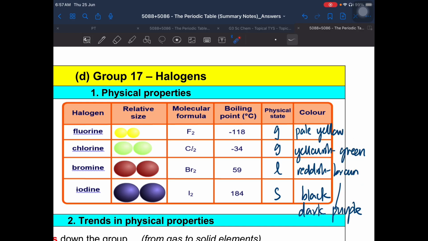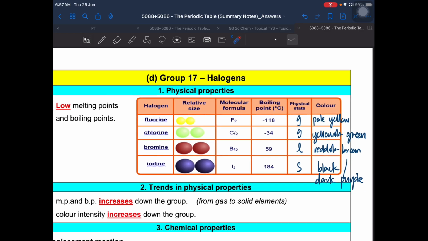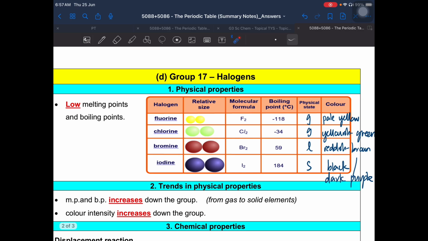Alright, so this too shows the trend in terms of the physical properties, right? So melting point and boiling point increases and color intensity increases down the group. Right, so remember, just take note that you first learn about physical properties, then you talk about the trend in physical properties. Now, in terms of chemical properties, what's interesting about group 17 is that they are also quite reactive,